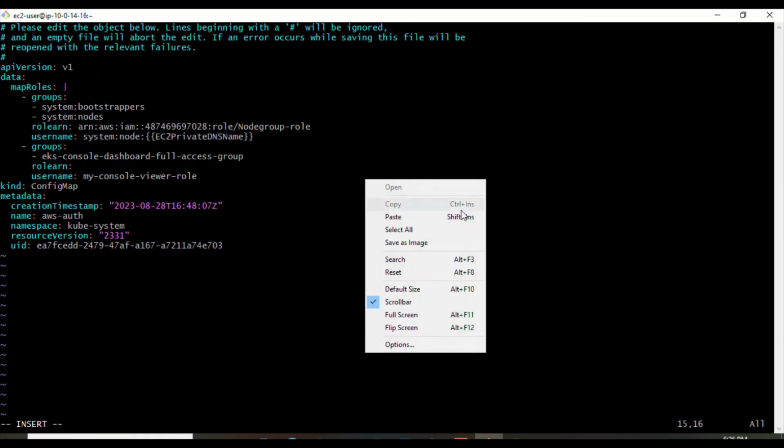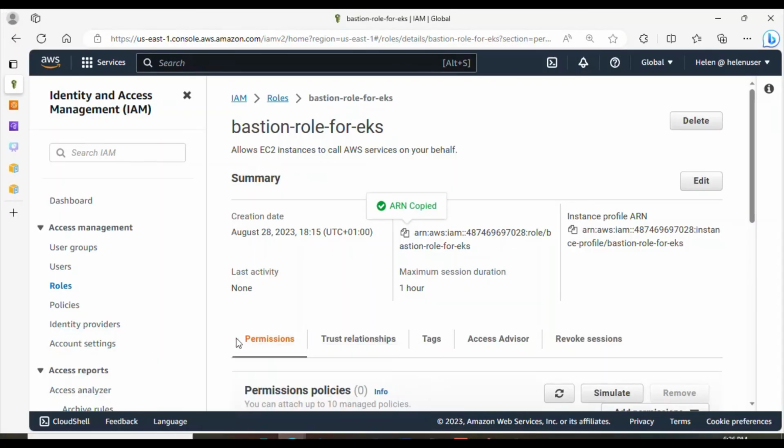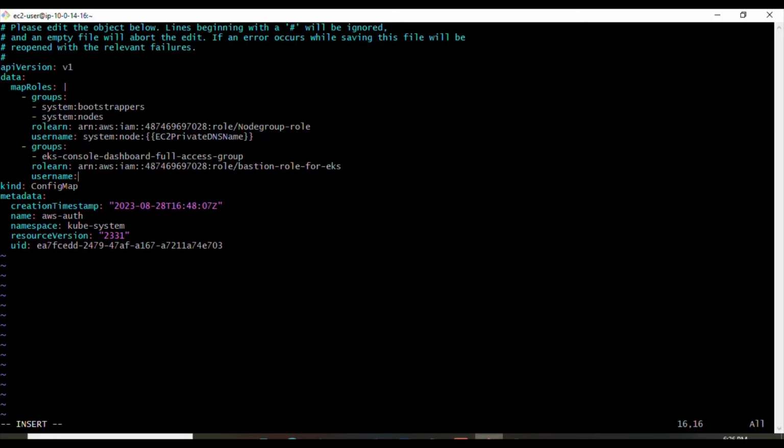I'm gonna paste this. Okay, awesome. And this username, so I'll be deleting the username we have here. And now the bastion IAM role name. What is the role name? This role name is actually the username. So just copy this role name and